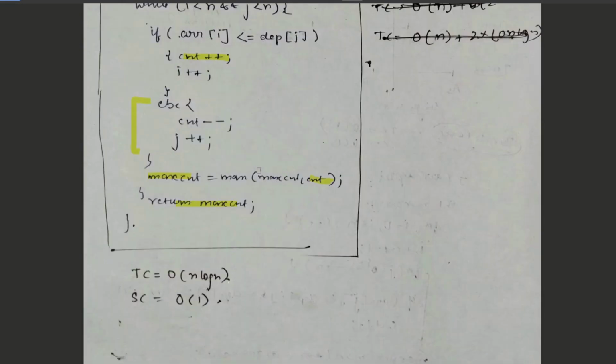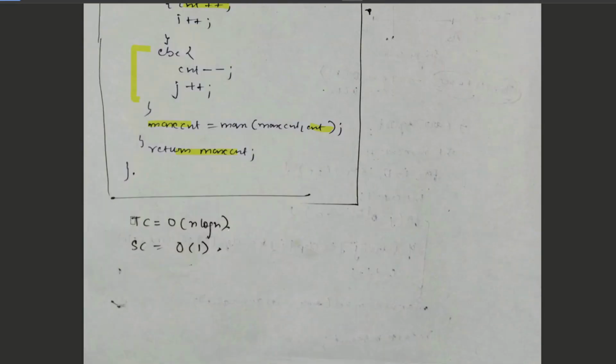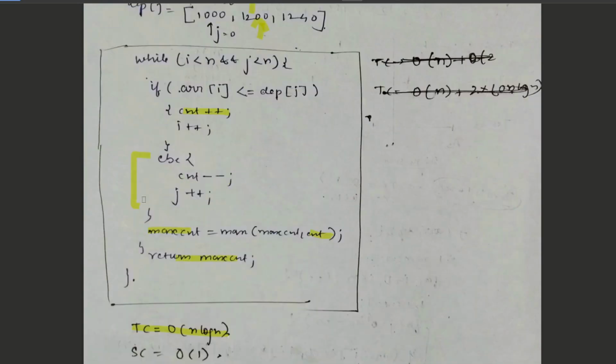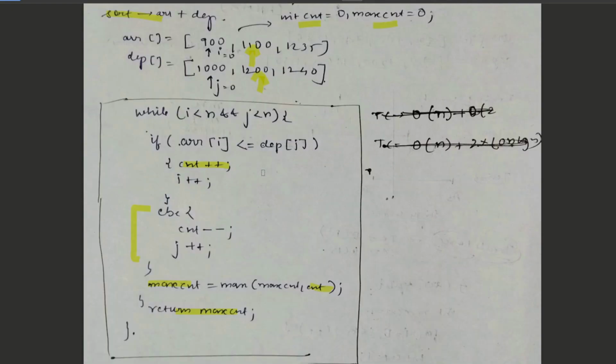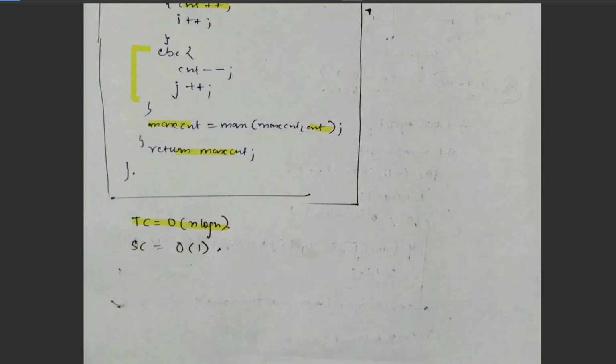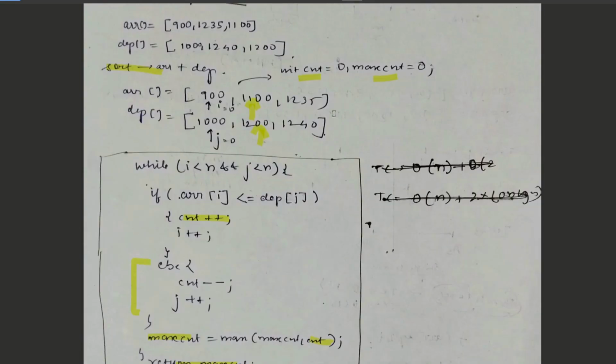So considering all that, the time complexity eventually comes to n log n, as the sorting itself takes n log n time, and there is a single loop, so it would take O of n time, and we have not used any array or extra space, so the space complexity is O of 1. So now I will code this up.